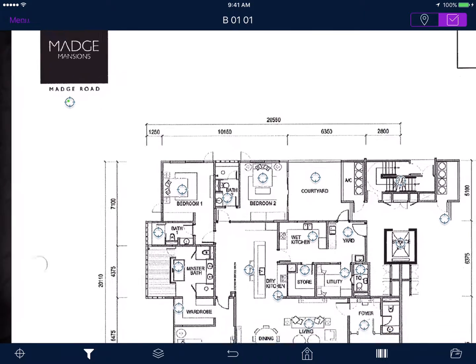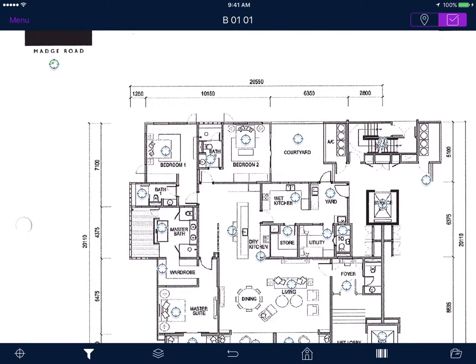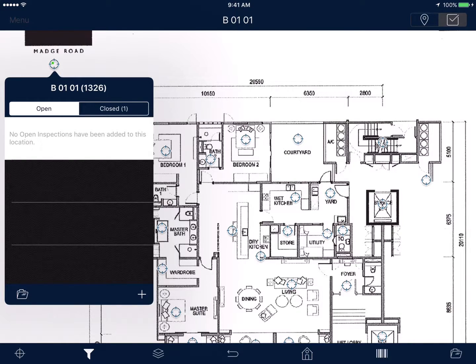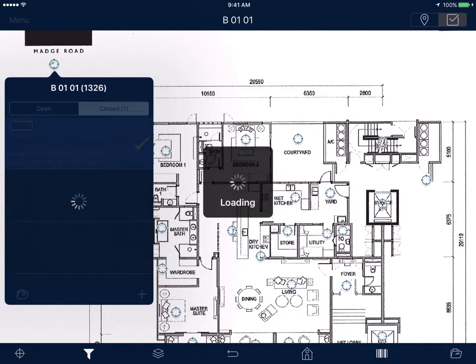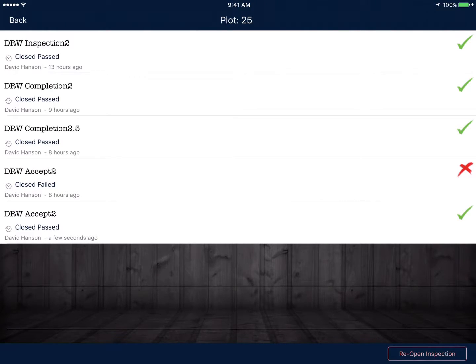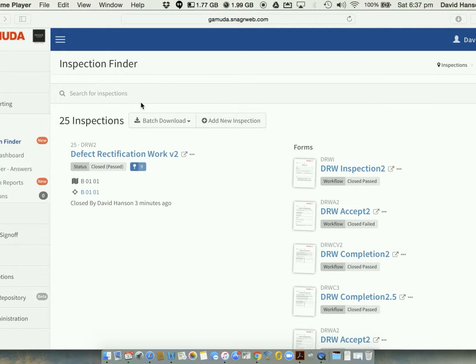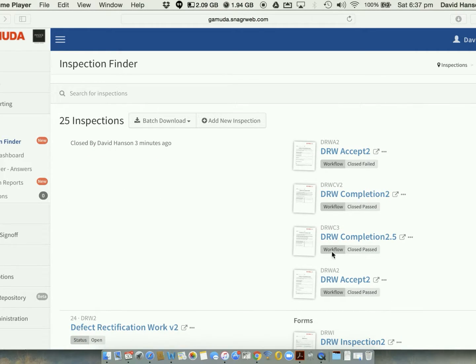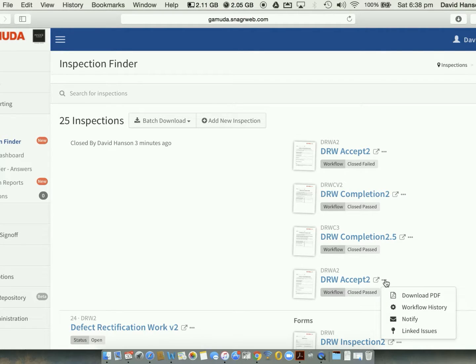So with this now, you'll see the entire workflow has been closed. It moves from open to closed. I show this as a completed workflow. The DRW work process, we can go back into our inspection finder in the browser. You'll see the first acceptance here was a closed fail. The second one was a closed pass. So this is going to be the final notification that we send the purchaser and our record that the work was completed. So again, I click on the three dots, I download the PDF,